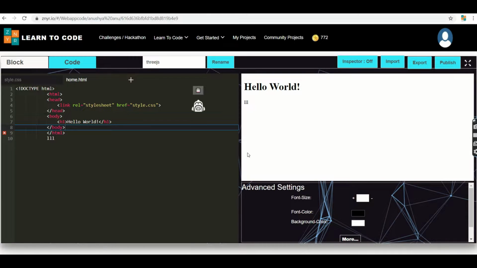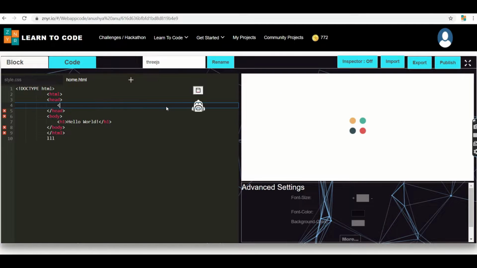where we are going to use the concept of Three.js. So first, on my HTML part, I'm going to start with my HTML tag. Under the head, I'm not going to use any style part, so I'm just deleting this one. I'm going to use a meta charset, which is equivalent to UTF-8.